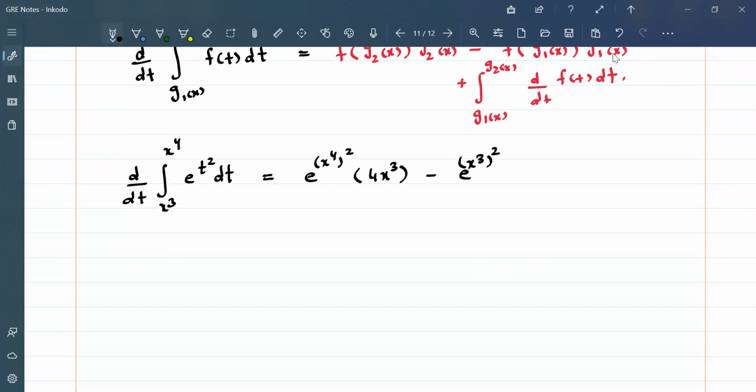Okay, students, we have x cube and then whole square, and then the derivative of this lower limit, which is 3x square, plus the integral from x cube to x raised to power 4 of